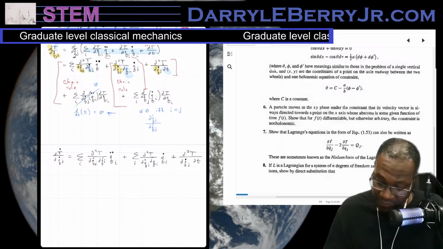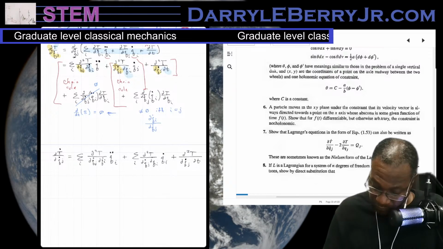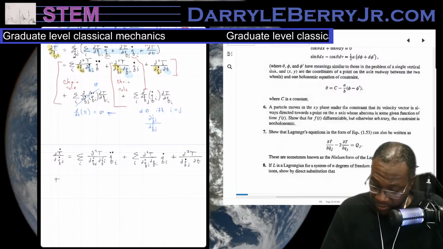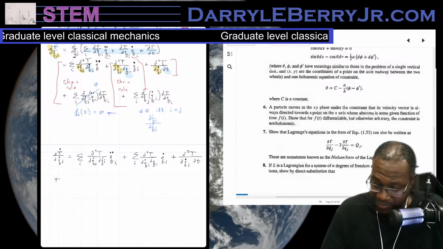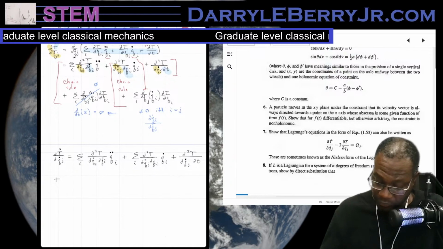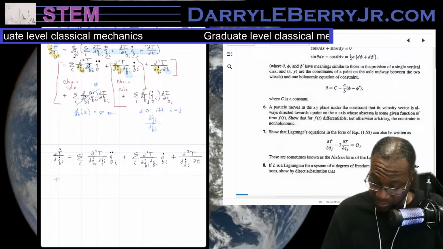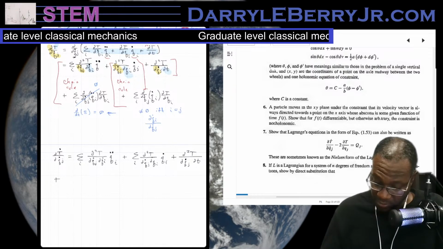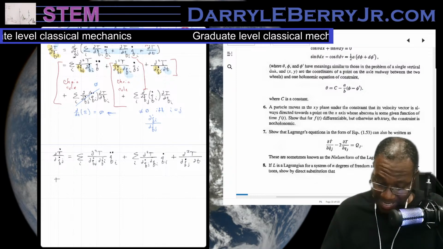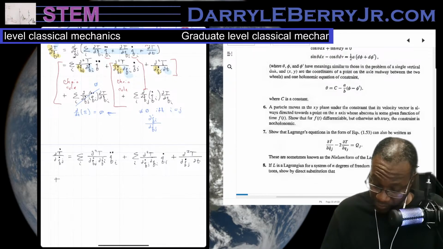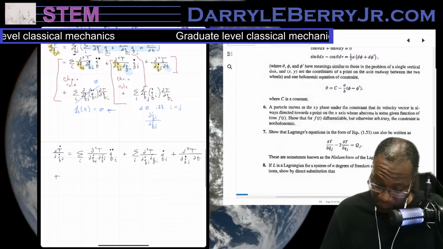That's the next term I have. The next one is 0. And the last term is only going to equal not 0 if I equals J. So I can take away the summation. I'm summing through I, so I can just write this whole thing as J and say